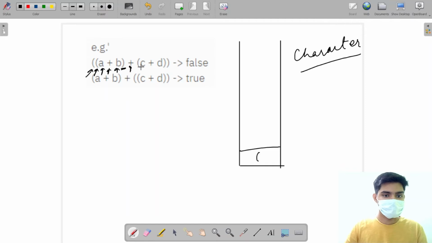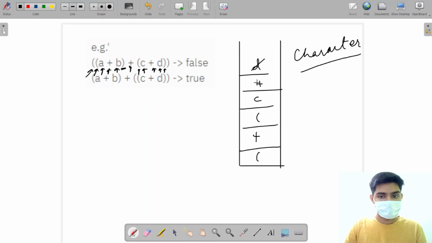Then I'm going to push this plus. I'm going to push this opening bracket, then a C, then a plus, then a D, and then I'm here, right? So for this closing bracket, I'm going to pop every element till I find an opening bracket, and then I'm going to pop the opening bracket as well. Okay.